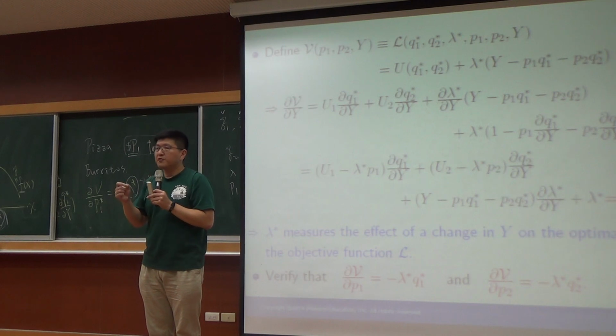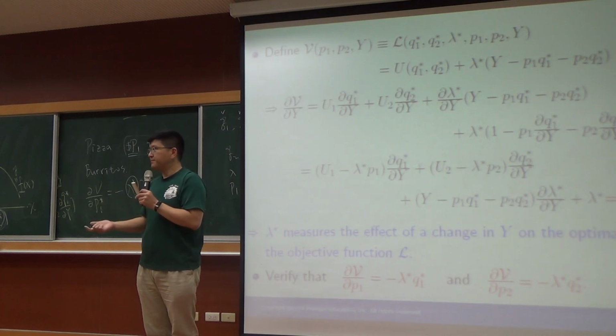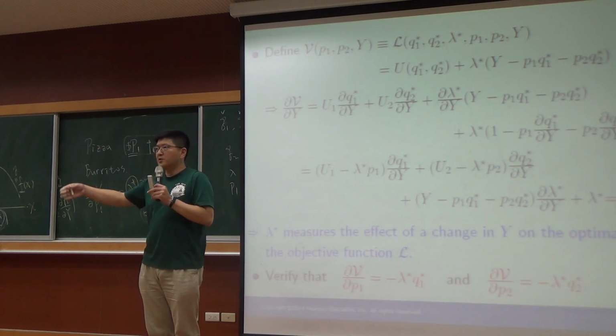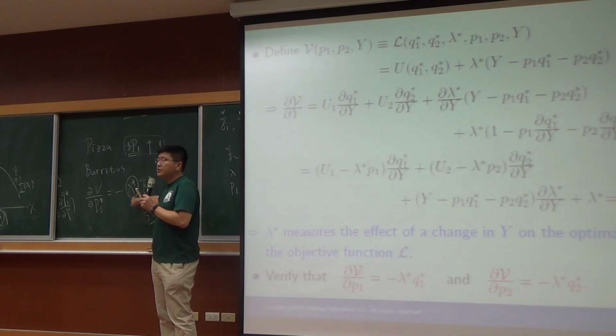So for each month, you have to pay $50 more, but your budget constraint is constant. Your budget is constant. So if you spend $50 more on pizza, then what does it mean? You become $50 poorer because your income is cut by $50, right? So for each dollar you lose